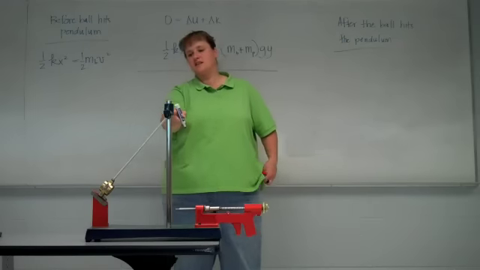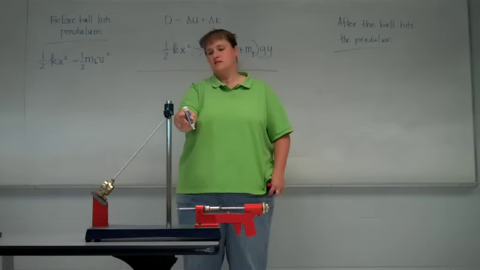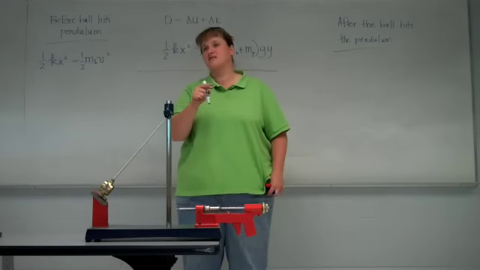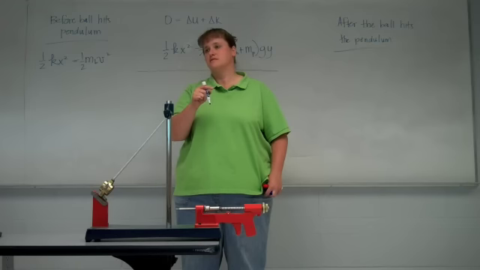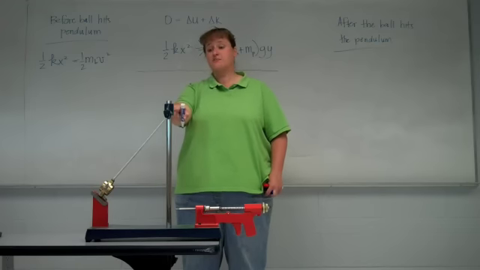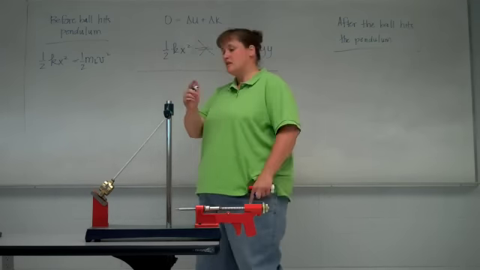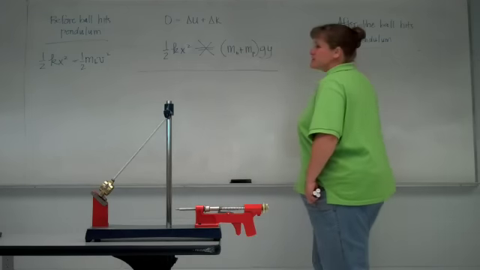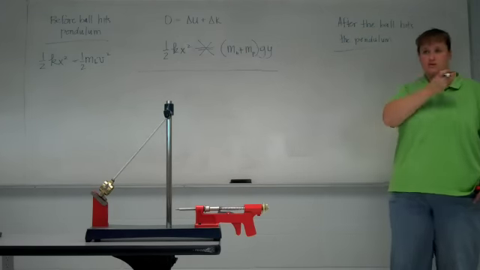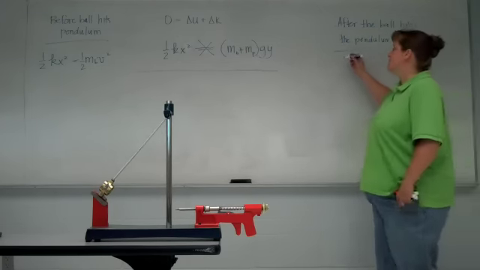What type of energy did the ball and pendulum have after they collided? They finally end up with gravitational potential energy, but I'm talking right after. Kinetic. So we can say after the ball has hit, so now the ball is stuck in the pendulum,